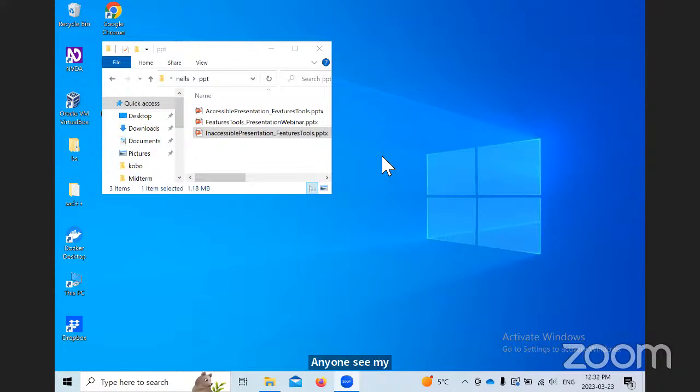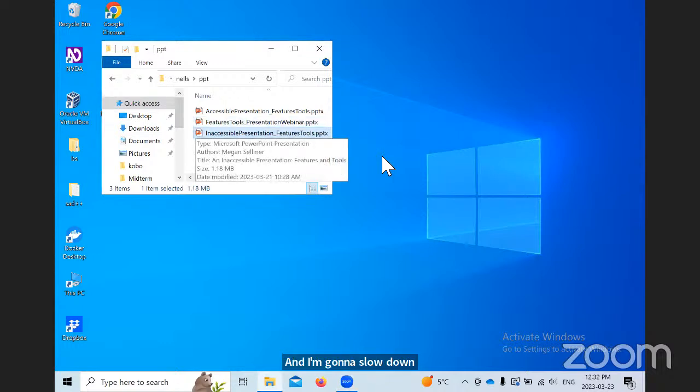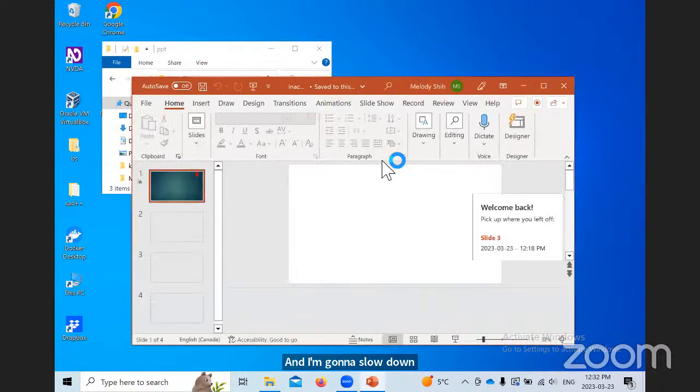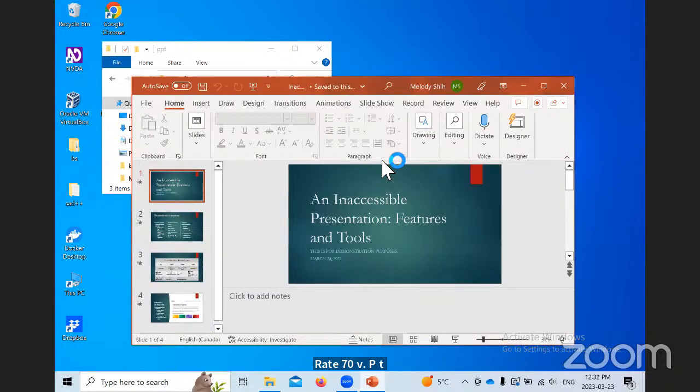Okay. And I'm going to slow down my screen reader. Features. Inaccessible presentation features tools PPTX 3 of 3. All right. Participants can now see your screen. Cool. Thanks for providing my screen reader. We're going to start with